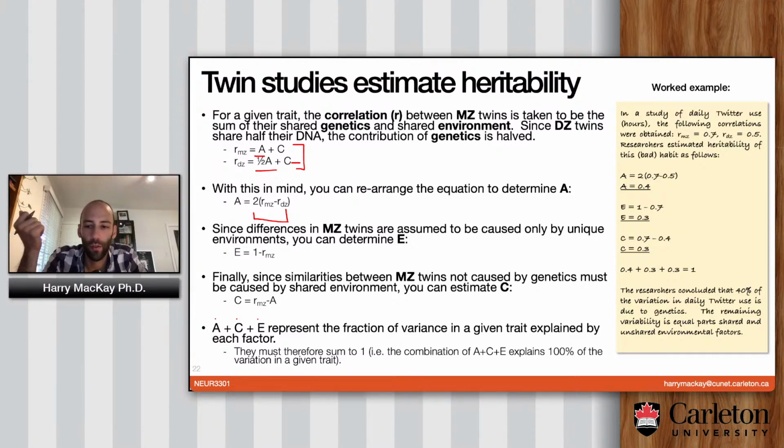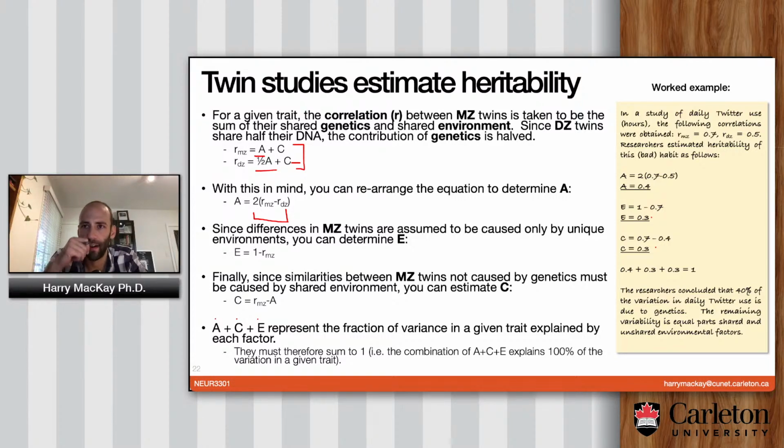So if twins, for example, are identical, then 100% is A, and the other parts make up 0. This would be something like skin color. It doesn't really matter where you grow up. If you have the genes for, say, having white skin, it doesn't matter really what happens in your life. That's what your skin color is going to be. So it's 100% genetic. Things like height are not, because you might have genes to make you tall, but if you're in an environment with poor nutrition, you probably won't grow as tall as you could be if you had an identical twin in some other country that had more food.